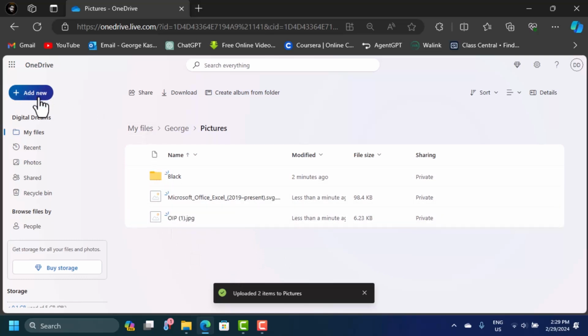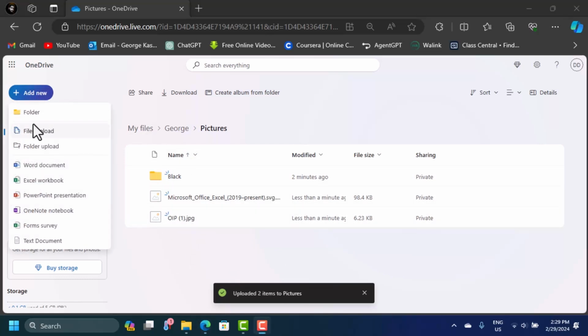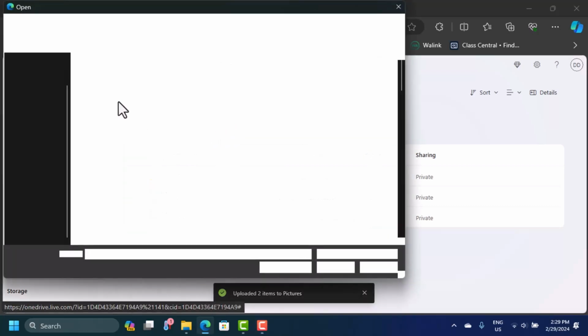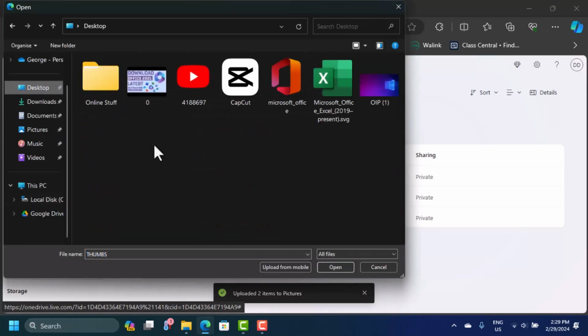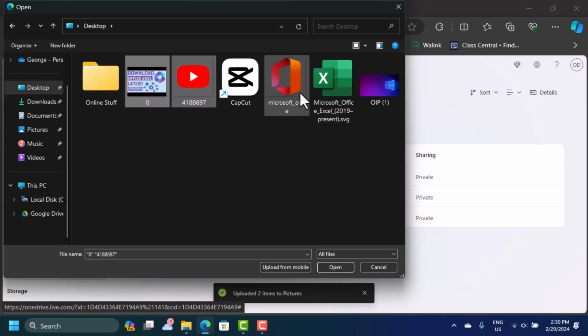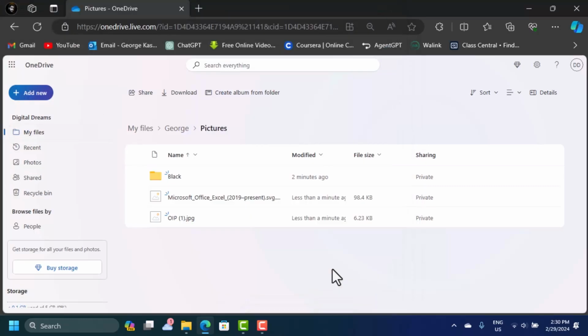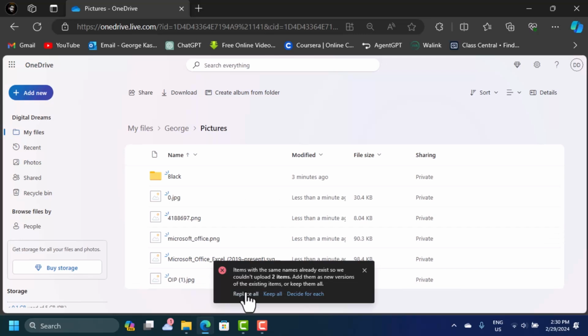The second way is you can just click on the new button here, new, then you can say upload files. Click on this option here. It's going to open a computer browser where you can choose to upload the images that you want. You can select 1, or you can highlight 2, or even 3 if you want. So let's select all of these at once. Then you can just click on open, and these images are going to be uploaded to this folder, uploading 5